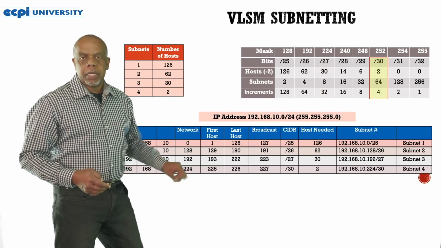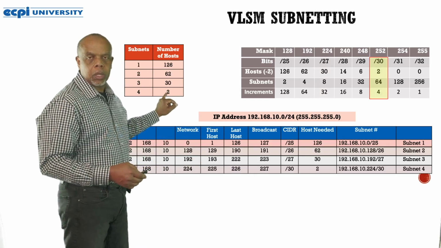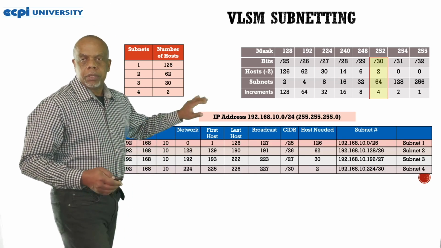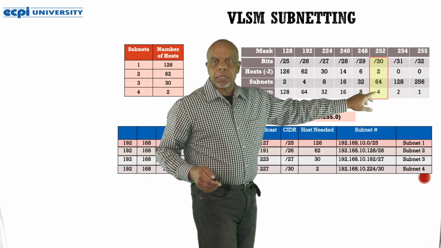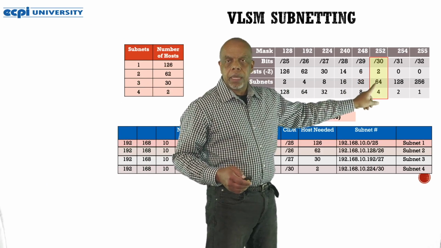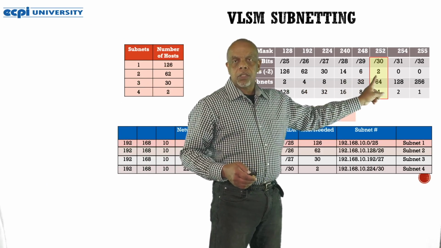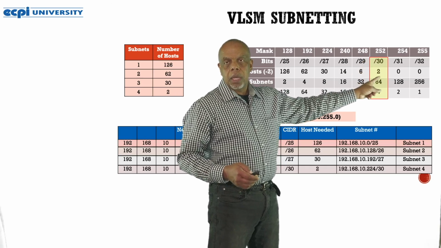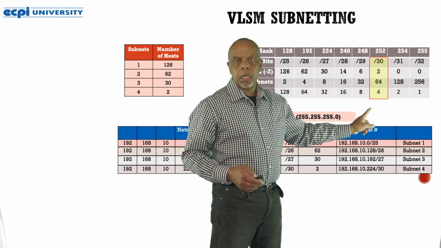Now let's get the fourth. Now for the fourth one, I only need 2 assignable hosts. Well, how can I get 2 assignable? Well, if I come over here, look, I find that gives me 2. So if I use the subnet mask of .252, that gives me 2 assignable hosts, and it's going to increment